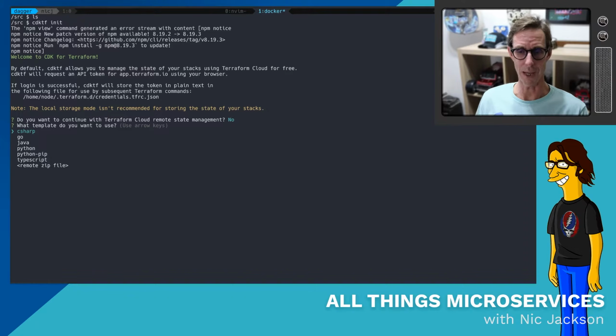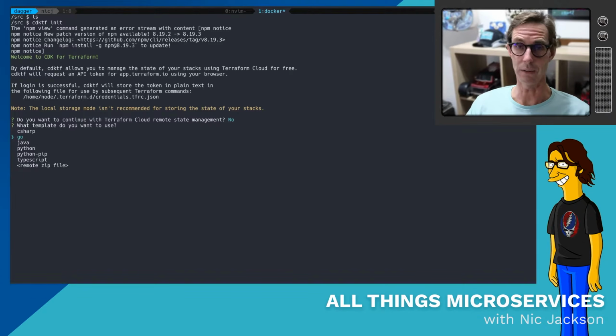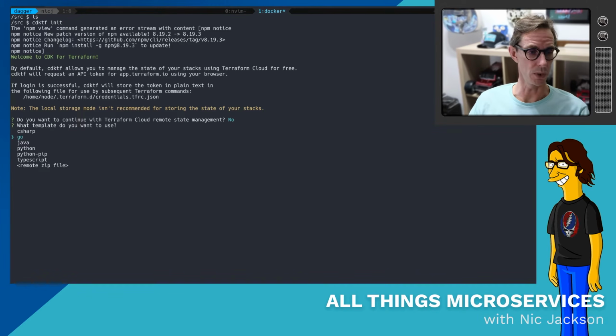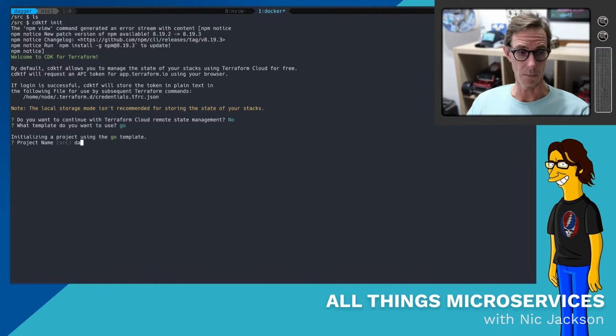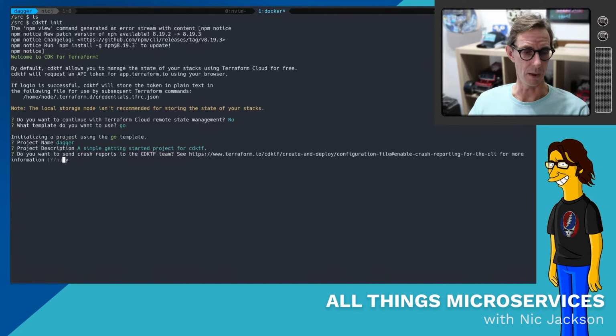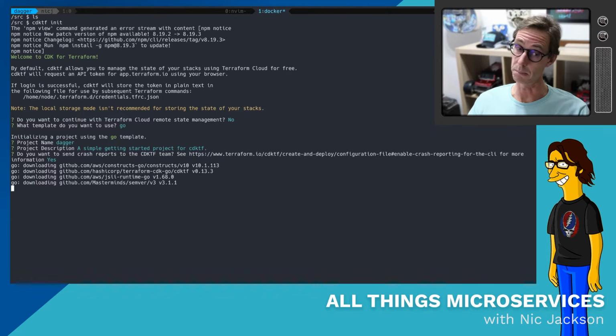I'll point it out again, but just be very careful with your Terraform state. That's why you use the free Terraform Cloud to store state. The template we want to use is going to be Go. And what is the project name? Well, the project name is going to be Dagger. Project description doesn't matter. And yes, we're going to send the crash reports, because I'm probably going to cause a